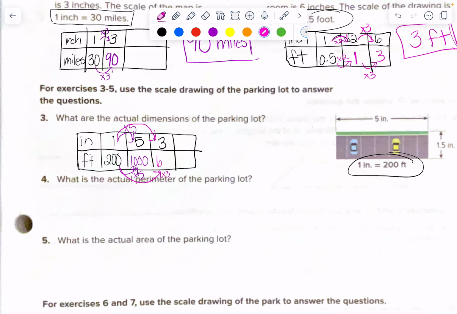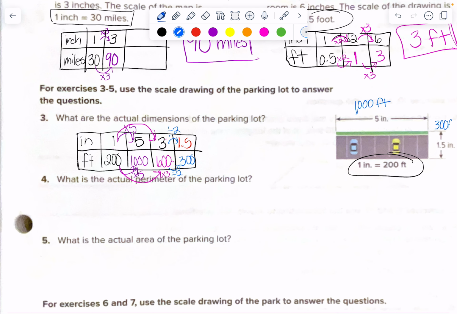So 200 times 3 would be 600. So if 3 inches is 600 feet, now let's look at that 1.5. Well, 1.5 is half of 3. So now I'm dividing 3 by 2. So if I divide 600 by 2, I can figure out that 1.5 inches is actually 300 feet. So I have 1,000 feet